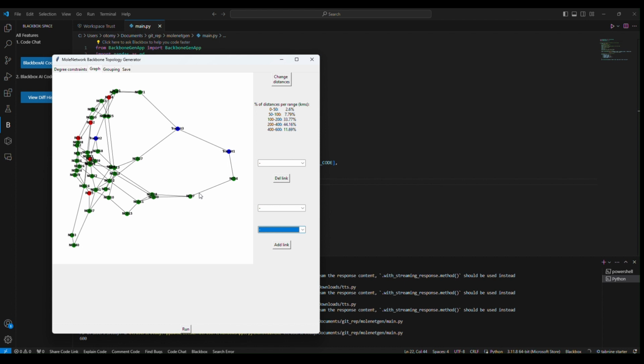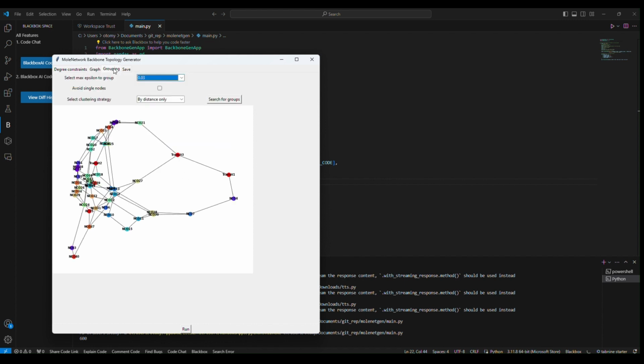These modifications must be made carefully, as they might affect the survivability characteristics of the topology. The Grouping tab visualizes the clusters created as association of nodes that can be used later for metro network generation. By default, the application groups nodes based only on the distance between them, without considering if they are connected to